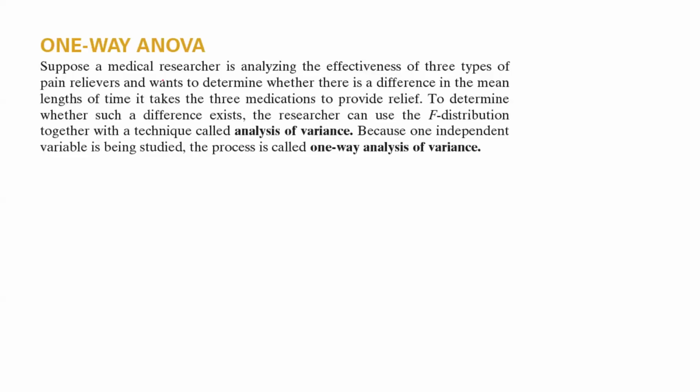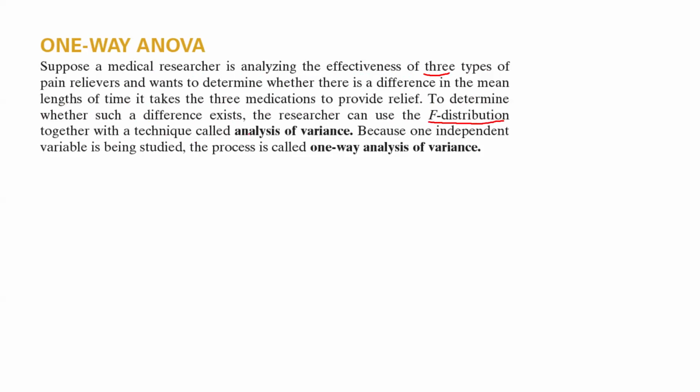Way ANOVA. Suppose a medical researcher is analyzing the effectiveness of 3 types of pain relievers and wants to determine if there is a difference in the mean length of time it takes the 3 medications to provide relief. To determine whether such a difference exists, the researcher can use something that we call F distribution,